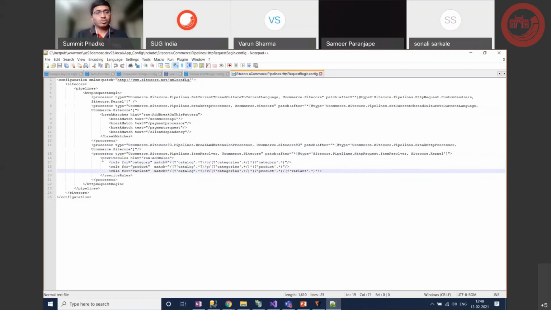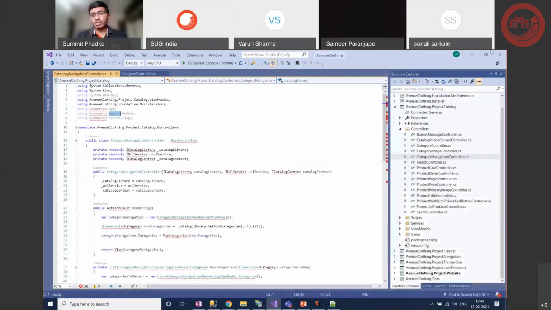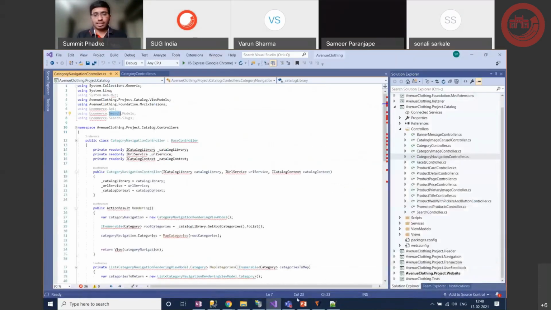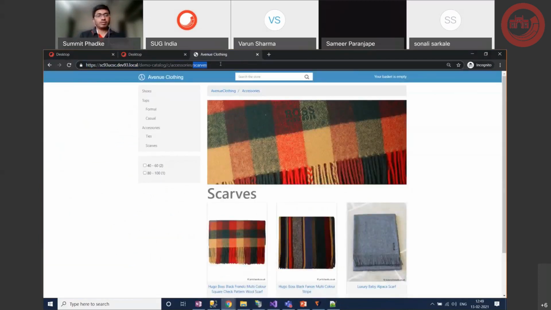So this is where the configuration is, and if you look at this particular class in this particular DLL, if you want to reflect the code and check what it is doing, feel free to do that, because the code should be available in the Avenue Clothing website, or even the code that you have downloaded. The package that you have installed will have that information in there. So this is one customization that is there out of the box, wherein they are plugging in their own pipeline for item resolver.